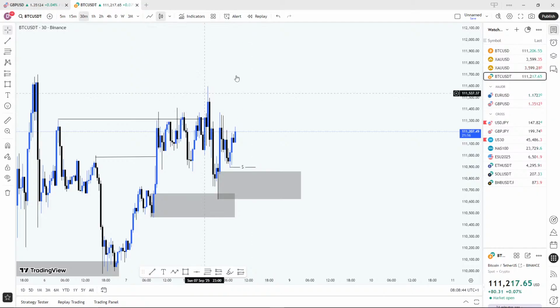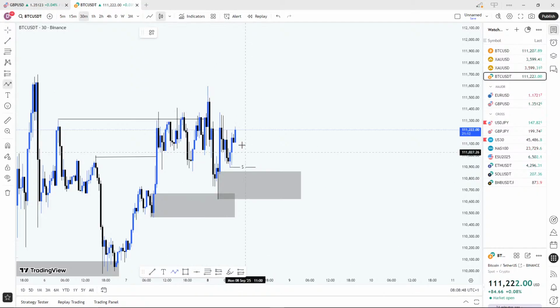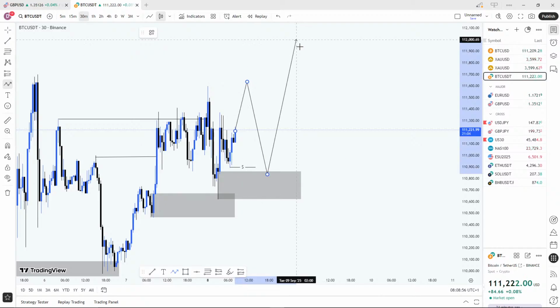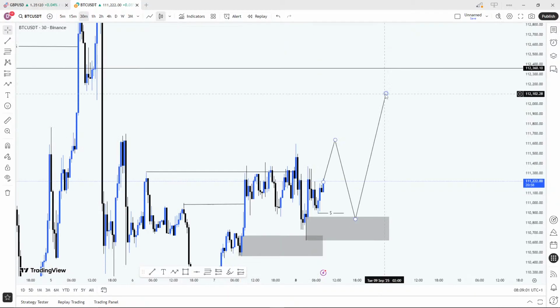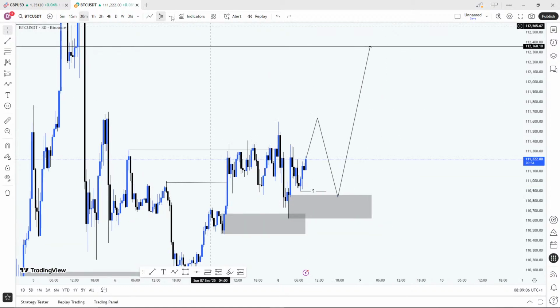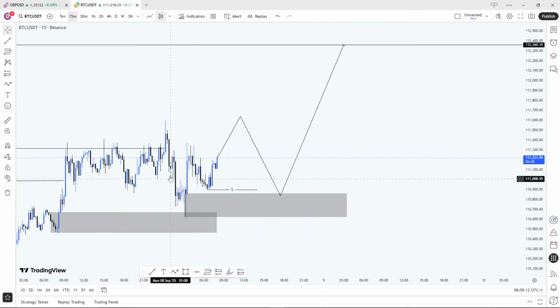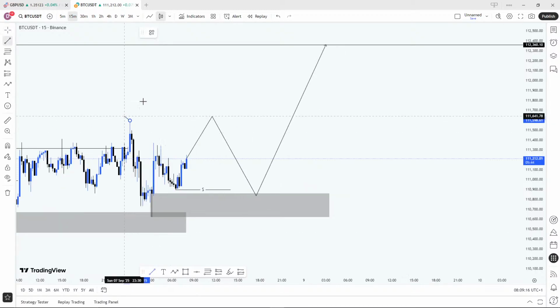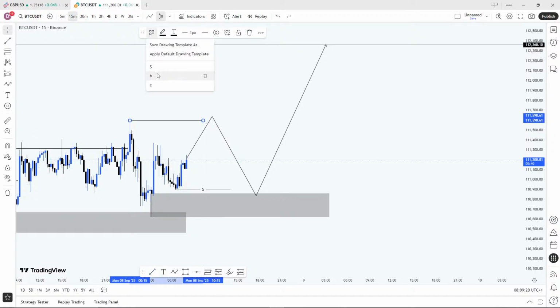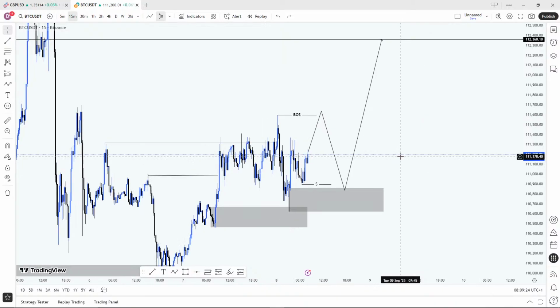Now what we need is just a break of structure, which is a break above this very high right here. Once the price breaks that high, then we see the price come back down, and then we take our buy, targeting this very level as the level we expect that reversal to happen from. Right, so this is what I'm watching out for on BTC. If it does not break this high as a break of structure, then this is not a good time to jump on the buy. But I want to see the price BOS to the upside first, just to confirm and validate that this market is actually going to continue going up.